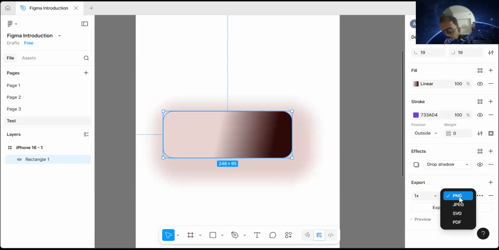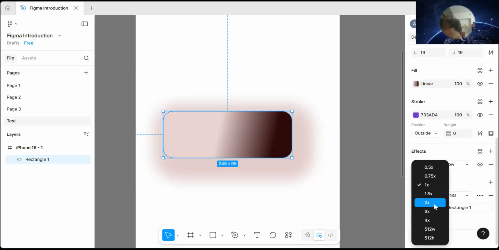Okay, I'll talk about this. And mostly an Android developer will ask you SVG. When they are working for web, they will ask you SVG. So for now, let's suppose you have been asked to design an icon and need to share. So what you will do? You are going to share. Once you share the dev link, they can download. But for now, if you have been asked to share, you will click on the PNG, and you see here